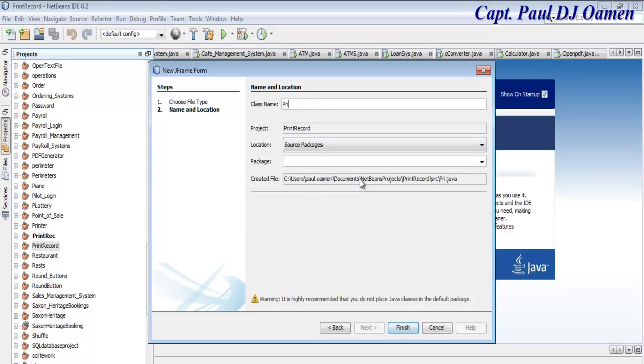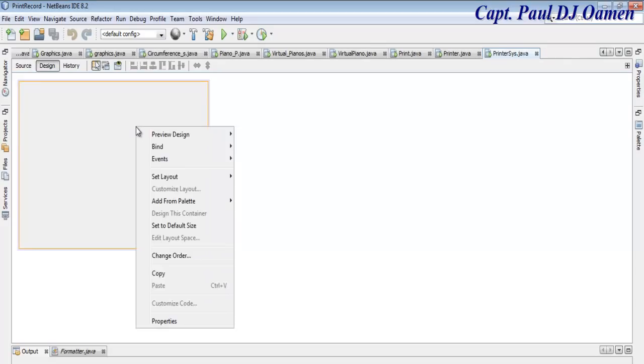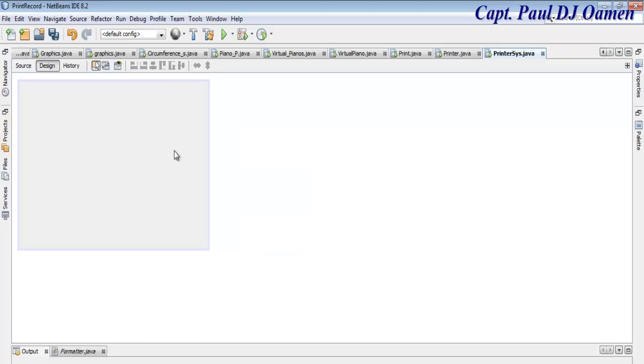I'm just going to call it print system, and the package name will also be print systems, and click on finish. There we go. Now that the form is ready, I'm going to right click on the form. Let's select set layout. This time around, instead of absolute layout, I'm going to select no layout, and let's